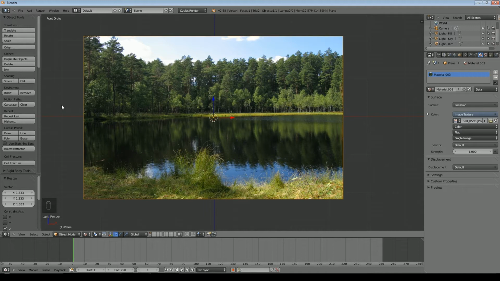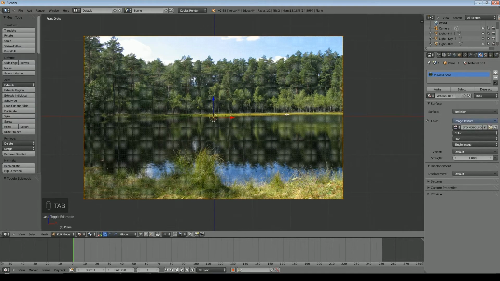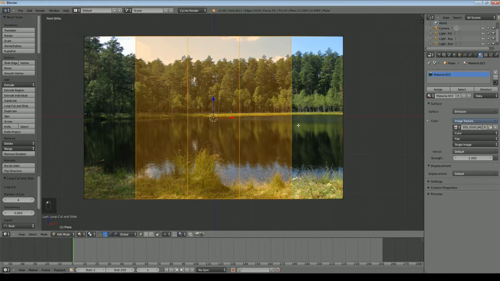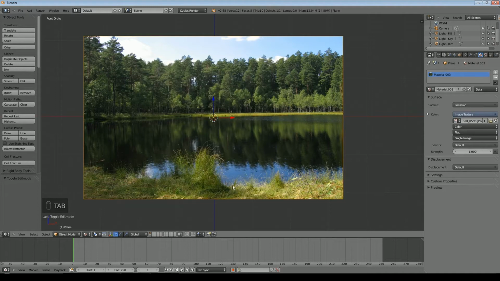Now if that's completely flat, it's really easy. Because it isn't, I ended up needing to distort this object slightly in order to make the 3D rendered water match up in perspective terms with the image. So we'll go into edit mode and Control R, and we'll add a few loop cuts. That should probably be enough, which will just allow me to push elements of the image forward and back to help line them up with the next plane that we create.